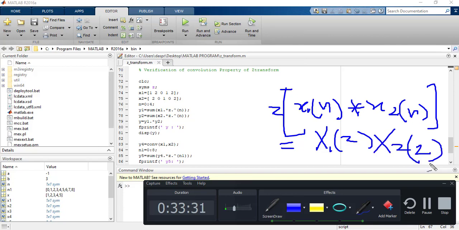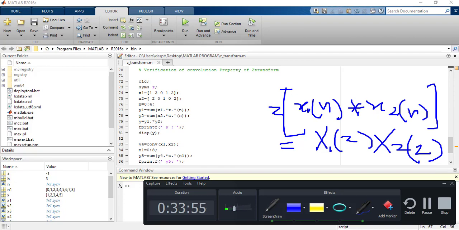That means if you Z transform the time domain convolution, it is equal to the multiplication of the Z transforms of those functions. Time domain convolution means Z domain multiplication.